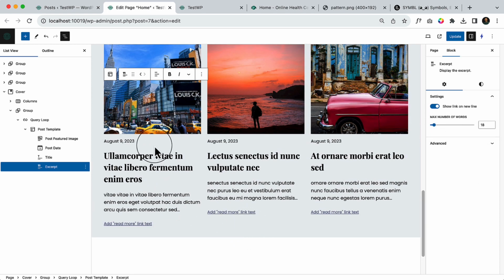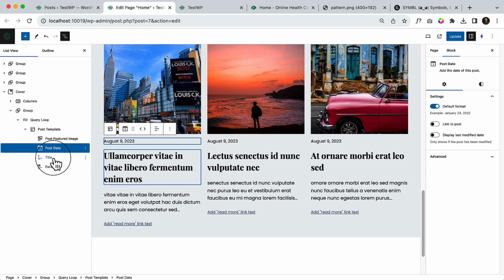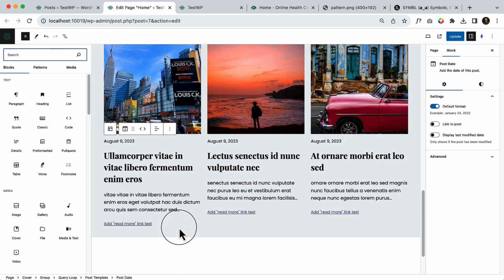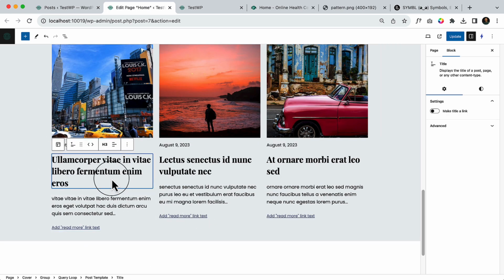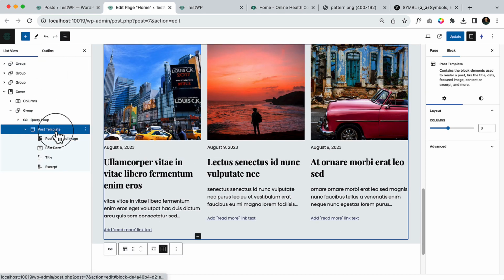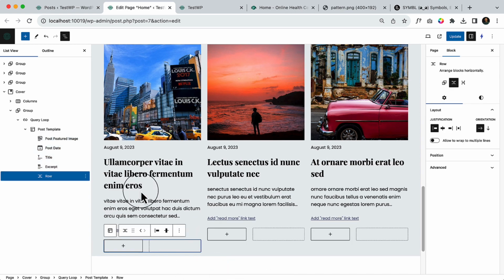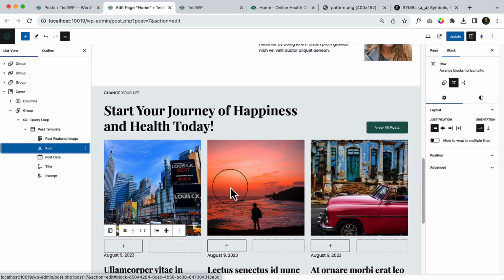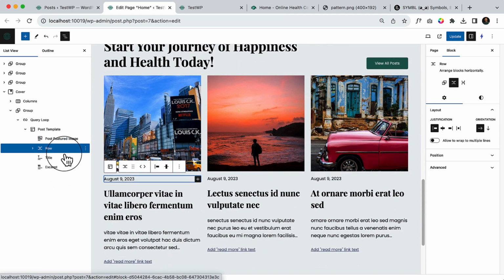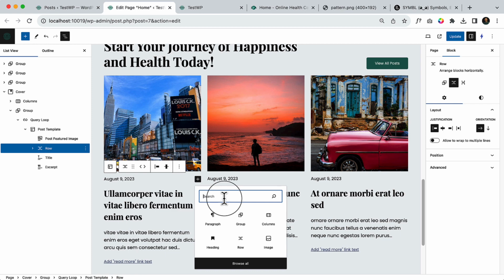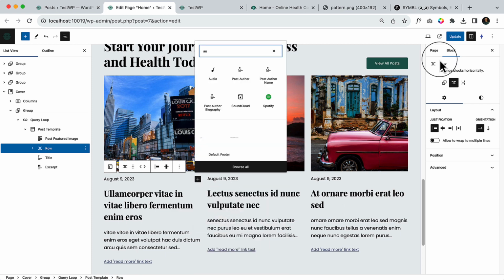Really helpful. Now I can also add author here. So there is date, right? What I can do, I can also add the author. Let's select the template first here. So always you have to select template if you want to add something. Add row, because I'd like to use author. Take it to the top under the featured image and drag the date inside the row, and also here add author. So here you can see post author,